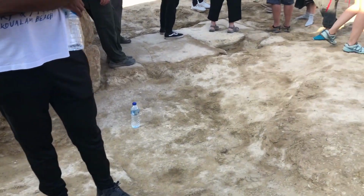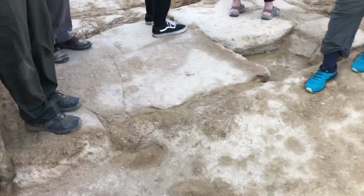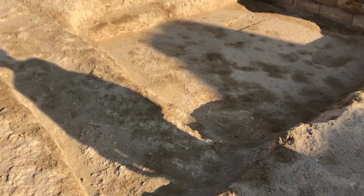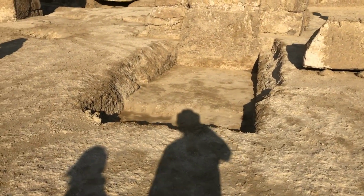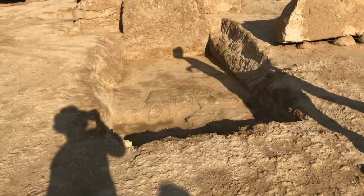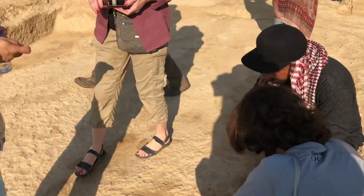I have a hard time telling. As Katie mentioned, we have the limestone blocks. They just look like giant headstones, prepped for a shallow grave. I don't have a measuring tape on me, but